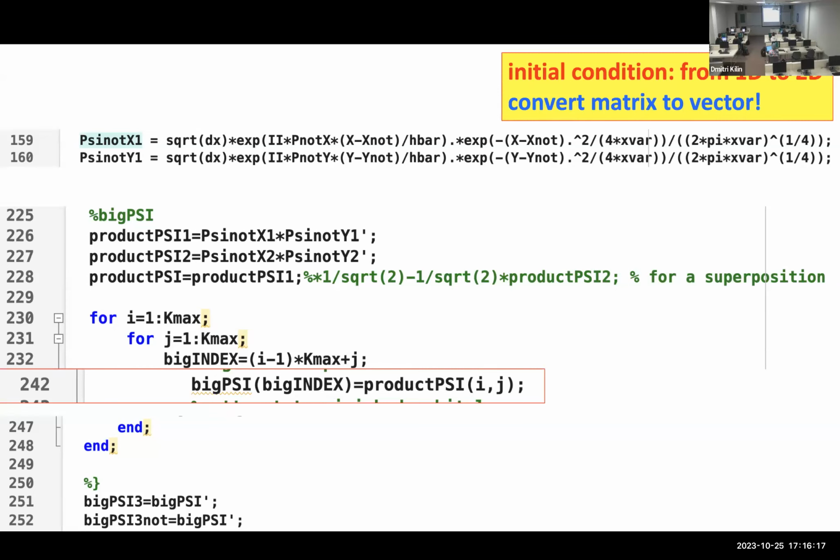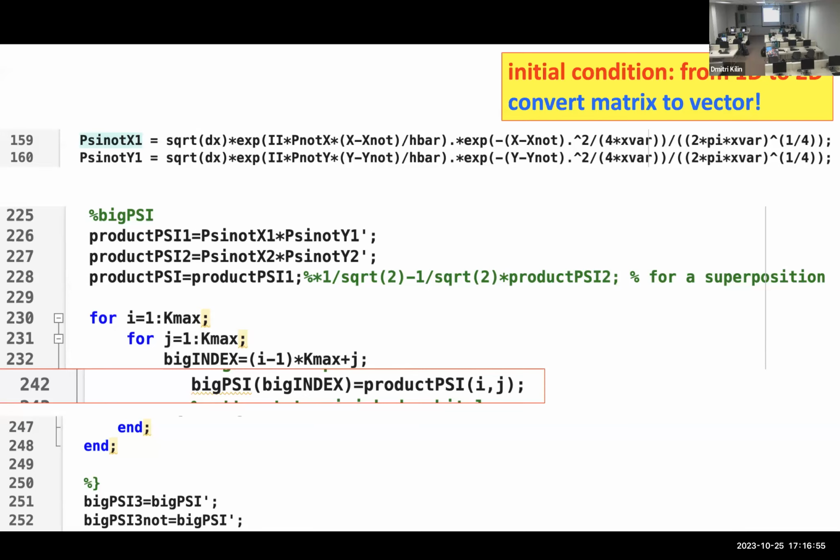If you have this wave function along x, along y, and we set up initial position and initial momentum, then we set up a product of these two wave functions, where one is conjugated and another is not. It will be a matrix that corresponds to this wave function. But then we convert this product from two indices into big psi with one index. And then it will be used as the initial condition for the dynamics.